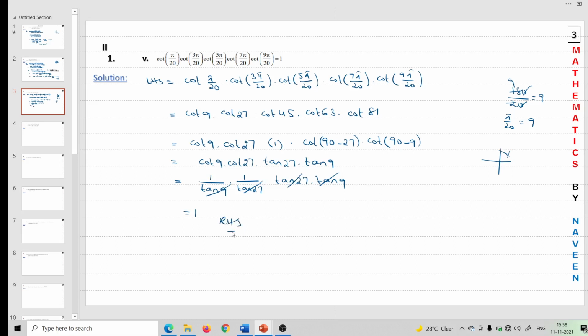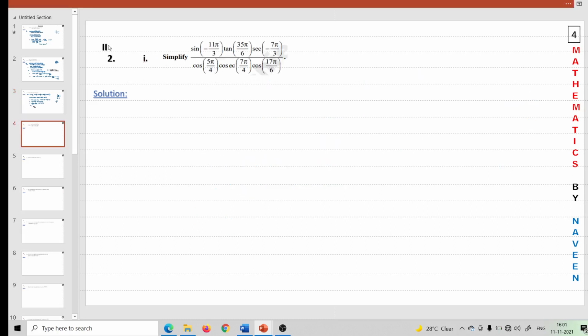This one is done. Coming to the next problem, second Roman, second bit, first problem. Remaining problems in second Roman first bit, we have to try. So coming to this, we have to simplify it. For that, I am considering each and every term separately. Or you can do it in a single way, but for the purpose of understanding, I am finding each and every term separately.